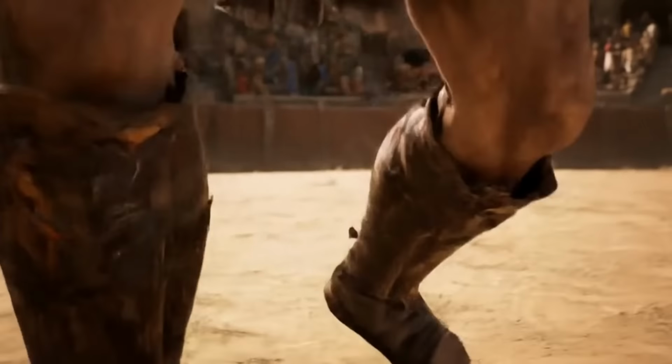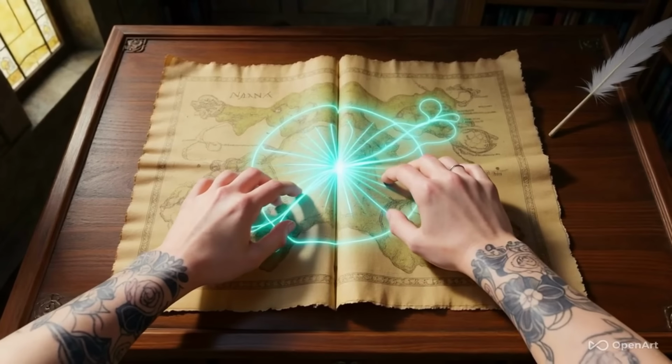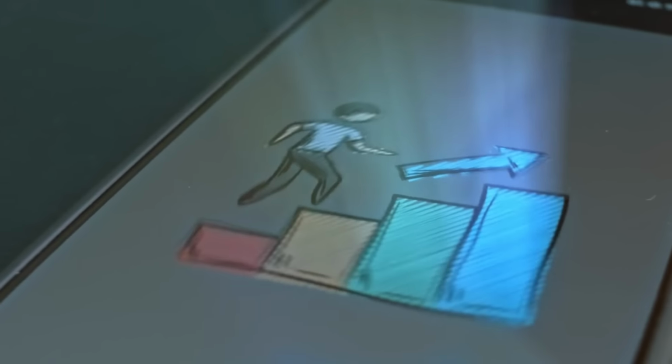Have you ever wondered what it would be like to bring your wildest stories to life with just a few clicks? Let me show you something that will blow your mind. This entire cinematic sequence you're watching right now was created in under 2 minutes, using nothing but text prompts and AI. Today, I'm going to teach you exactly how to use OpenArt Story feature step by step,